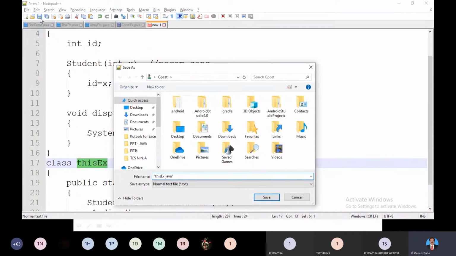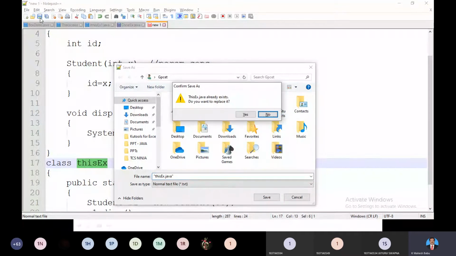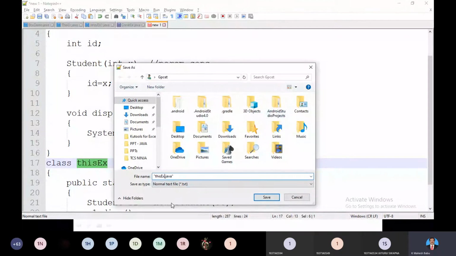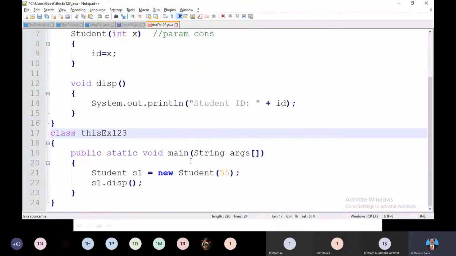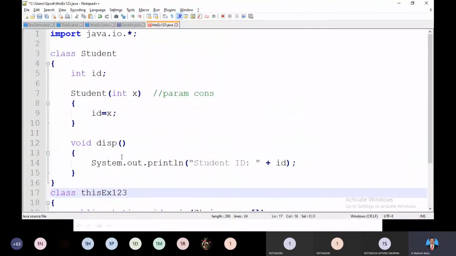Now please note down parallelly. For example, here I mentioned 1 2 3. It's a simple application.